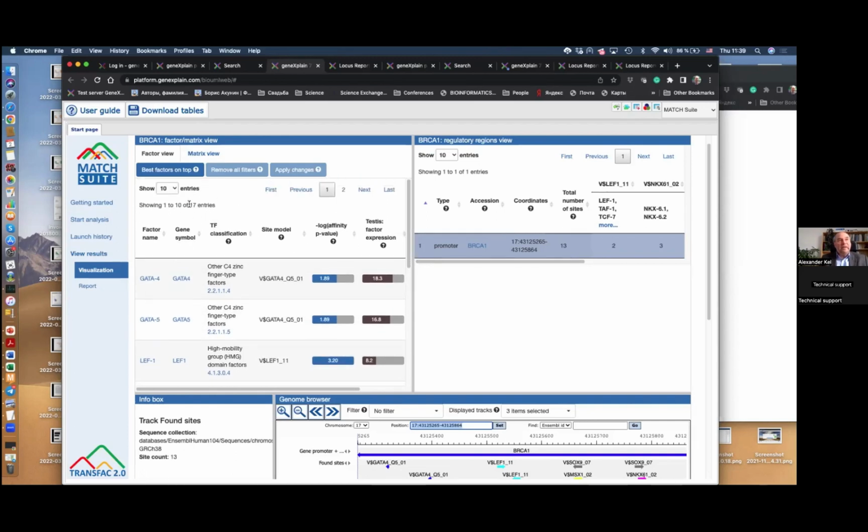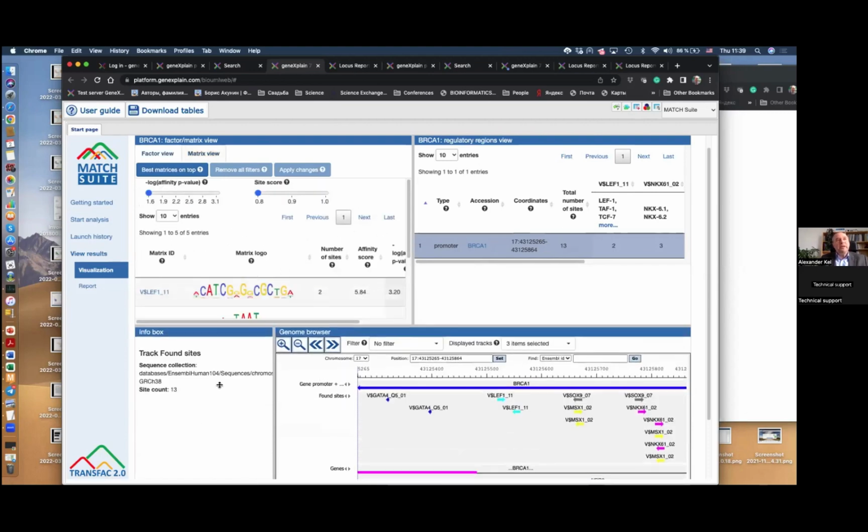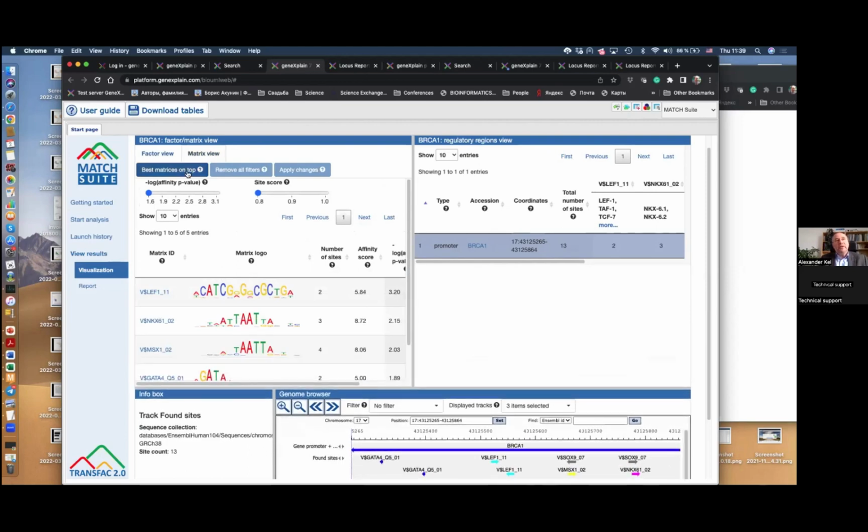It found actually 17 transcription factors whose sites were predicted in the promoter of the BRCA1 gene, and which have a high affinity value with a good p-value, the one which I explained in the beginning. And then everything started from particular matrices. As I said, we ran 5,000 different matrices, PWMs, and it chose these 5